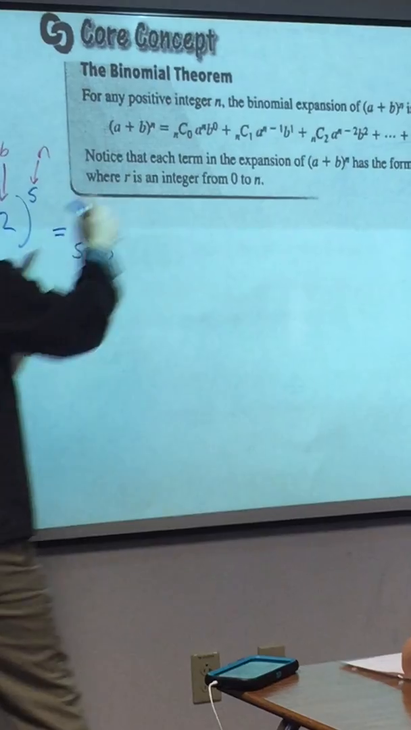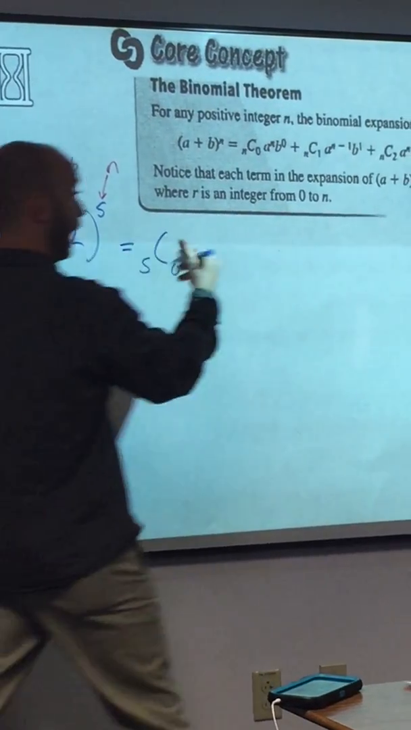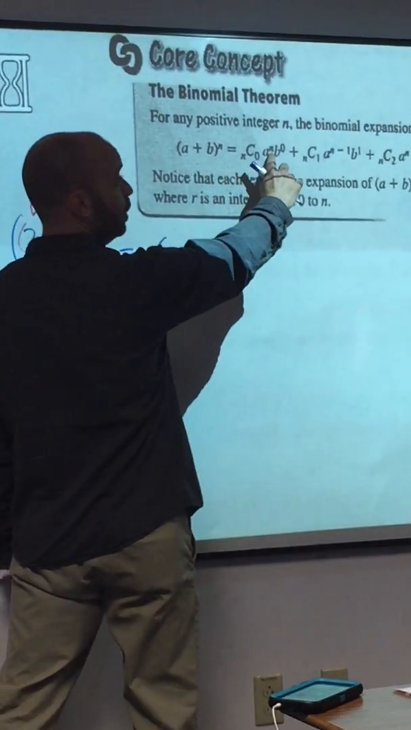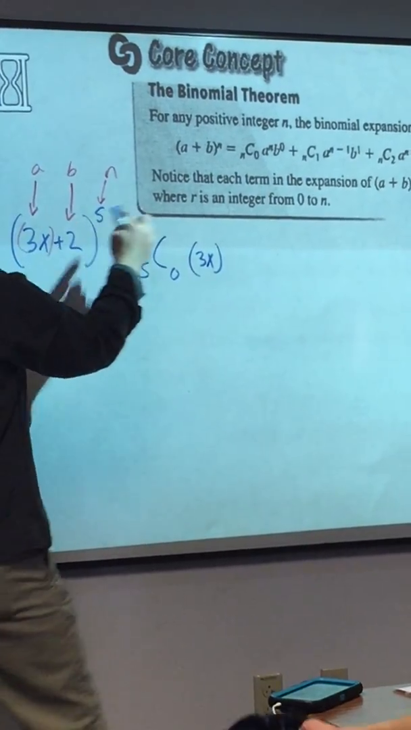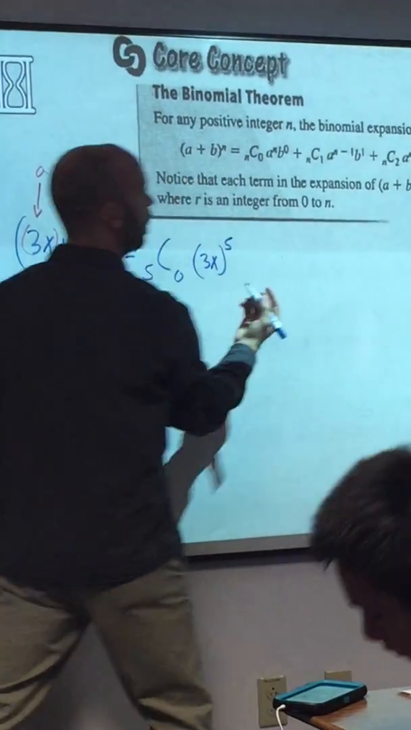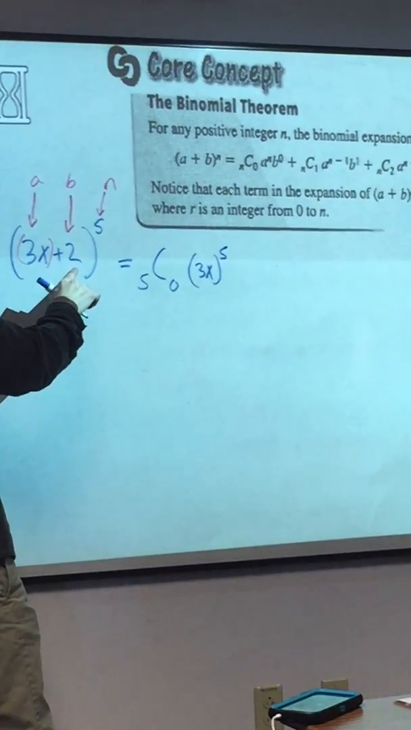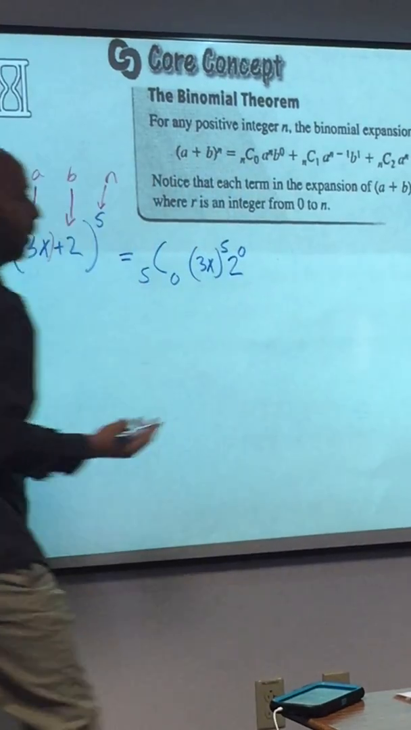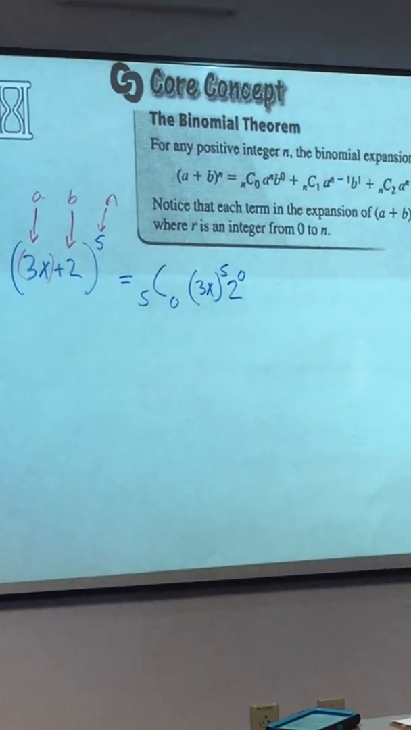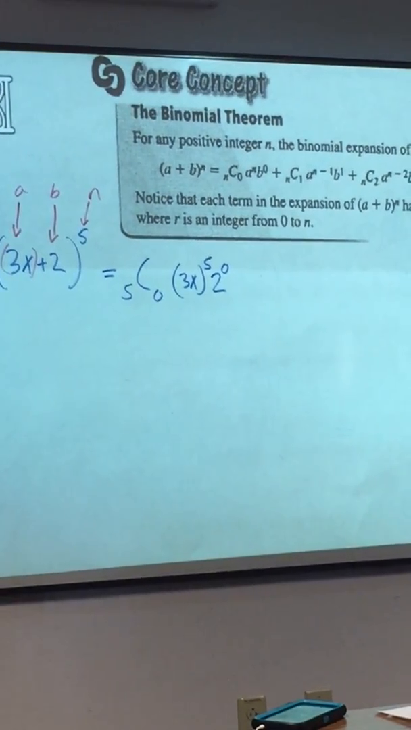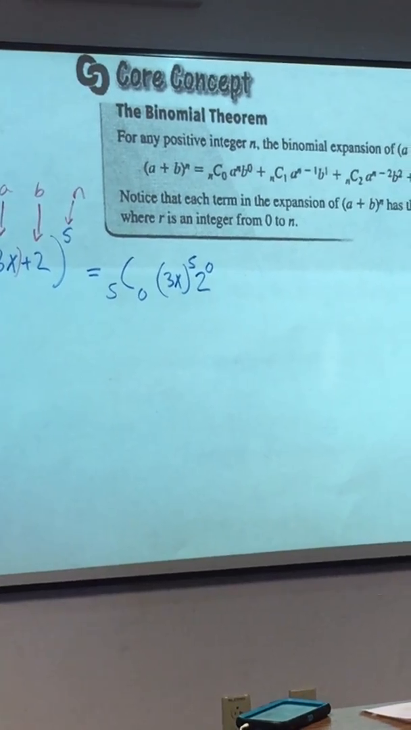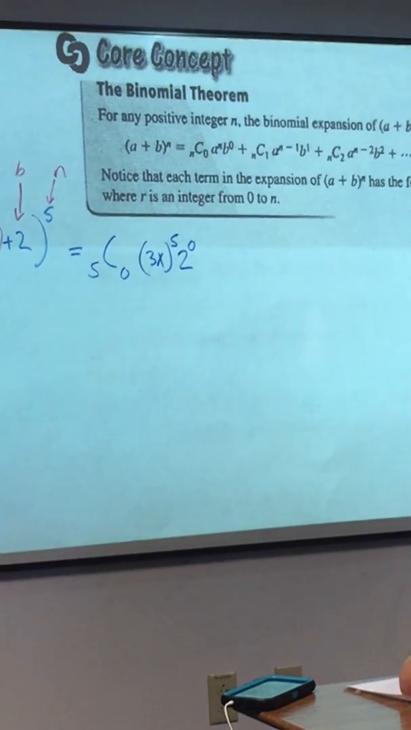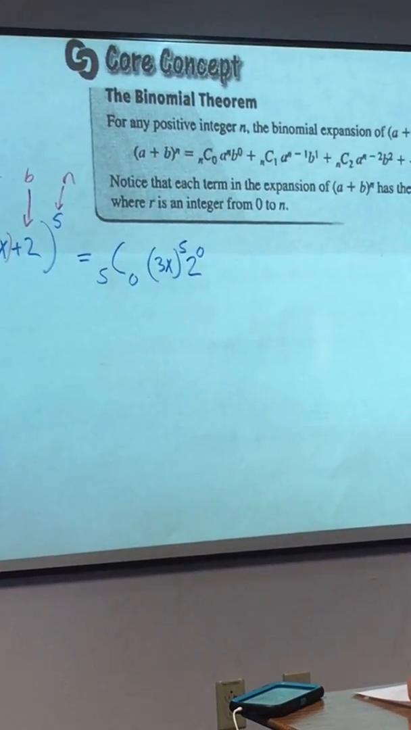It's not a, it's 3x. So 3x to the, it's not n, it's 5, 5th power, times b, which is not b, it's 2, to the 0 power, like that. And that is the first term in our expanded response. And you'll see how this works out in just a second. But now we're going to continue on to the next term,